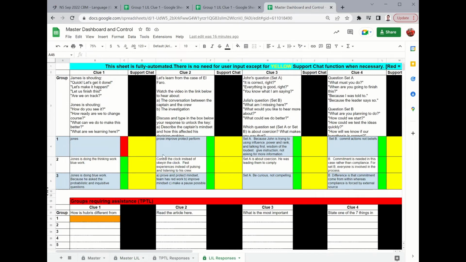And over here, this dashboard page allows you to see what the different groups have submitted. In this case, you notice this exercise has already been completed, so there are some responses here. For group 1, clue number 1, because the response is incorrectly submitted, it shows red here. For group 2, clue 1, it is correctly submitted, so it shows green here. This gives you an overview of the completion status of the different groups, allowing you to provide support if necessary. So for example, if group 1 were to call for help,